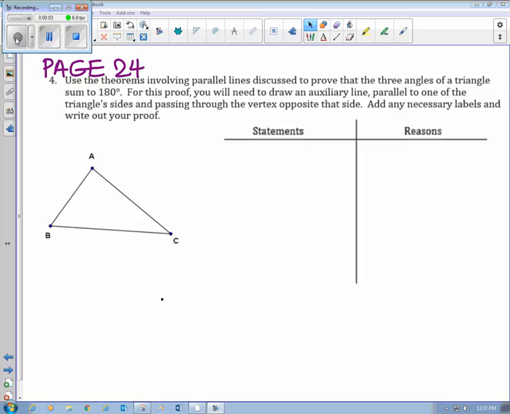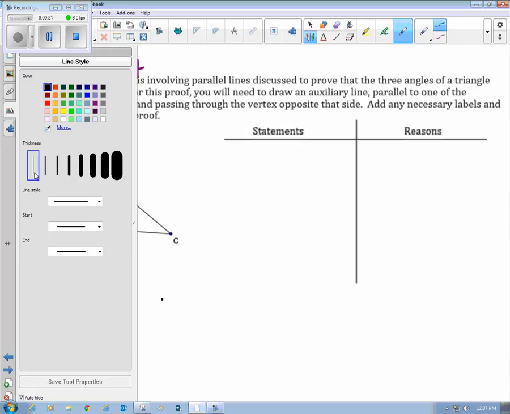Two notes on page 24. Question number 4 we're going to do together here. In the directions, it's talking about us drawing a line parallel to side BC through the opposite vertex. So with that being said, that's the hint that they gave us. With that being said, I'm going to go in